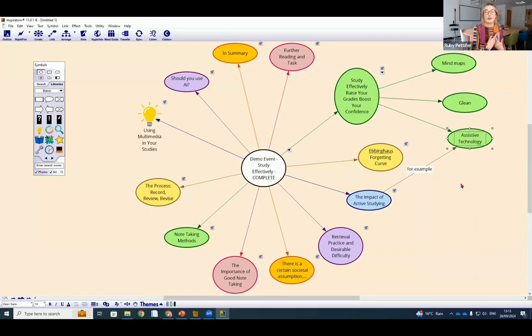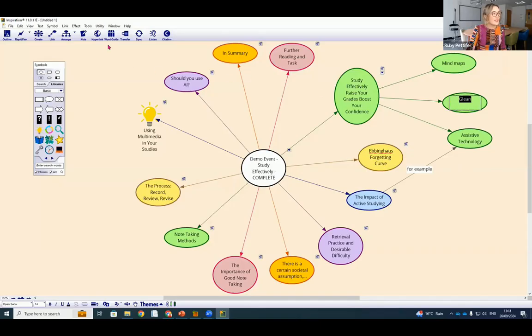And if we've got very complex concepts that we're working with, you might want to add lots of different linking phrases in. And this is where the flexibility of Inspiration is really beneficial. Fabulous. So again, we can continue to add more to this. We might want to add some more research. So I might want to add hyperlinks. So I can either